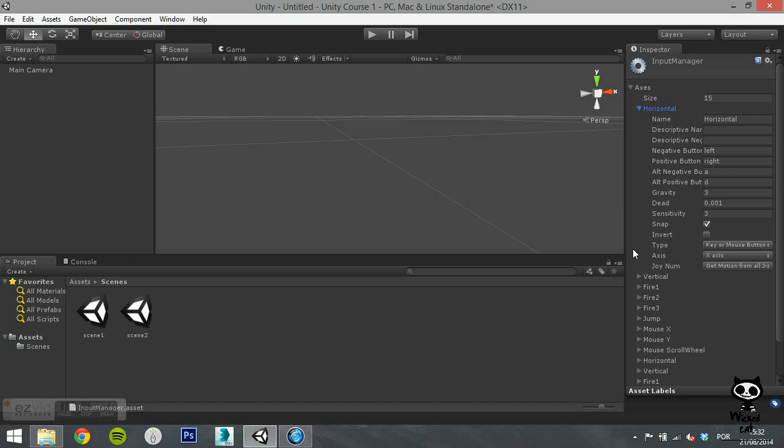Below the size, you will find several defined axes. Unity, by default, already has 15 different axes defined for your project. If you click on the arrow before the axis name, the Unity editor will show you the properties of that particular axis. On Name, you can define the string that refers to the axis in the game launcher and through scripting. The descriptive name and the descriptive negative name allow you to give a detailed definition for the positive and negative